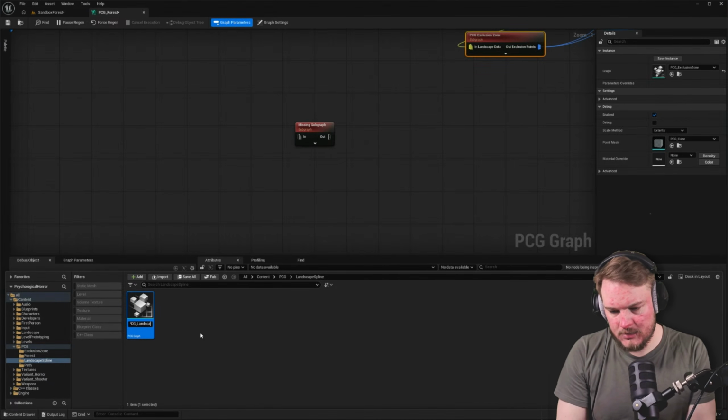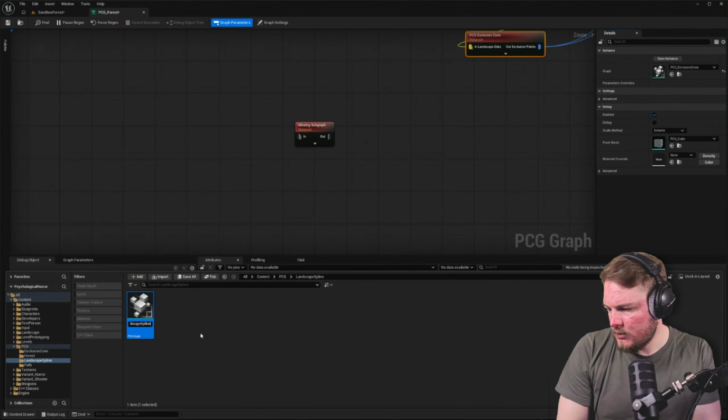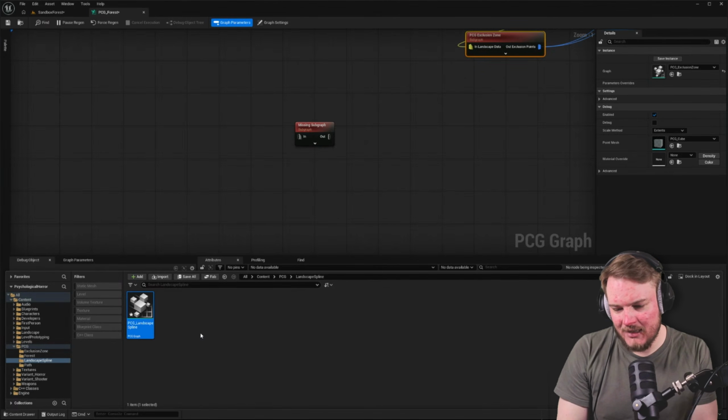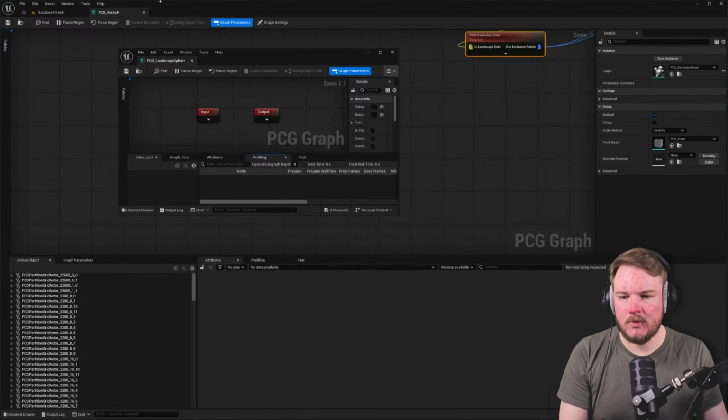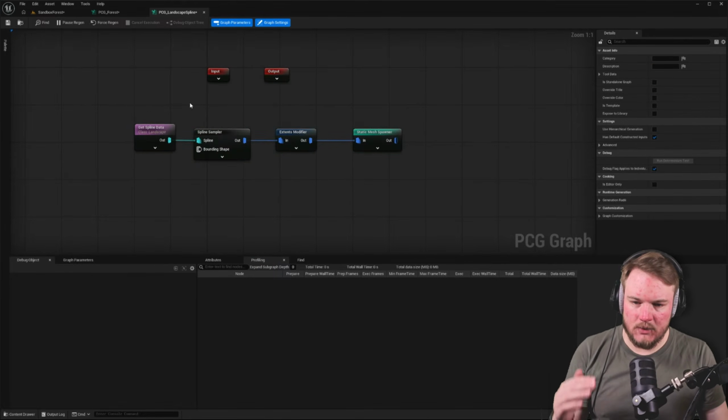PCG landscape spline. Nope, not spelled right. Oh, the list of 200. You know, I should probably spend like 5 minutes trying to figure out how that actually works. But I want to try something else before we do that. So here's my idea. If I do this,